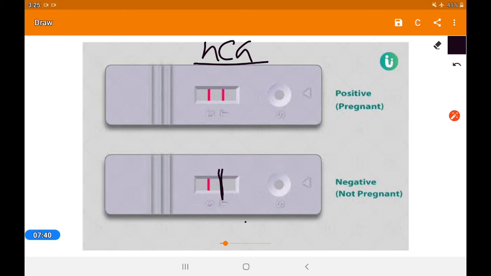This antibody, when it gets the antigen, here human chorionic gonadotrophin, will give one band-like structure. It means that when the pregnant woman's urine is dropped here, one control line will always be there, and the test is done. And if there is a double line, this line is for human chorionic gonadotrophin, which is only present in pregnant women. It is not present in any other form. Okay.